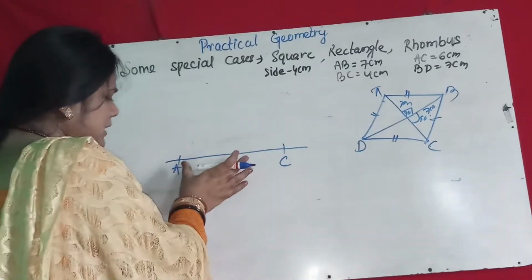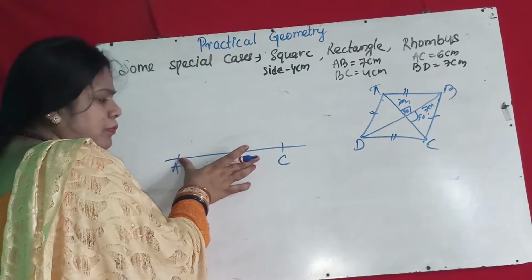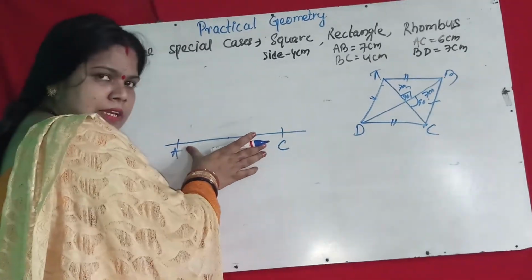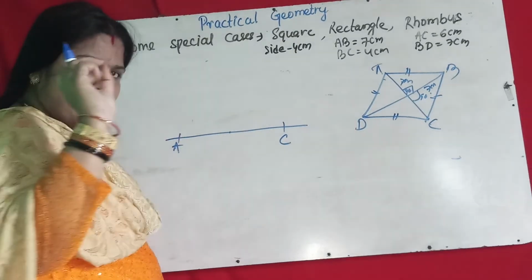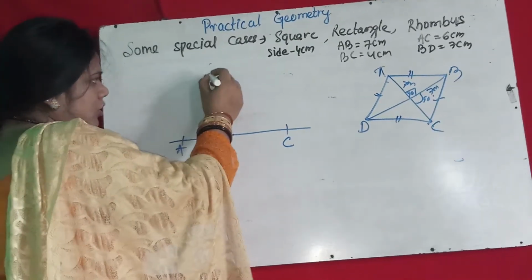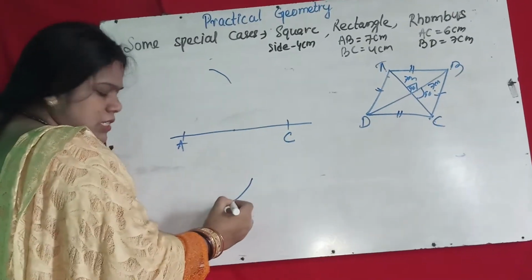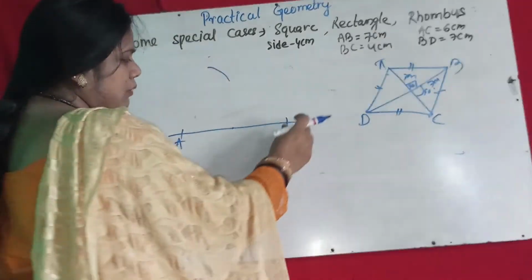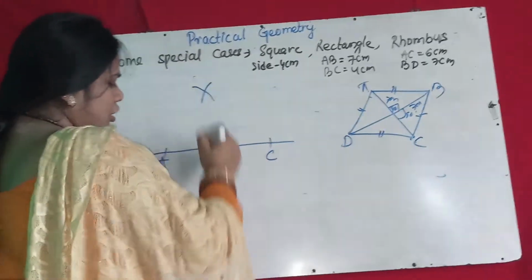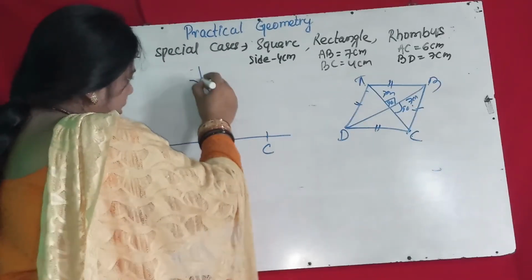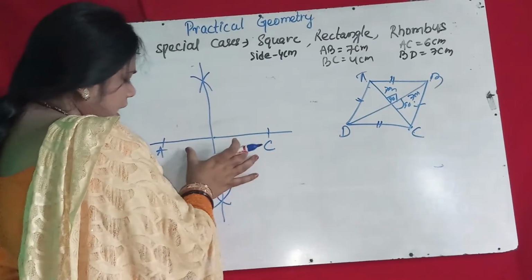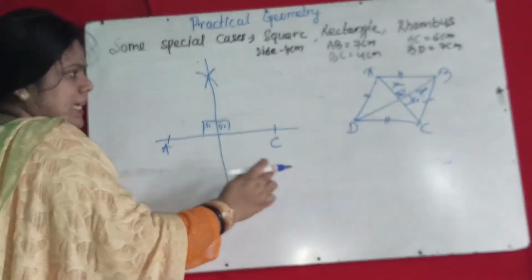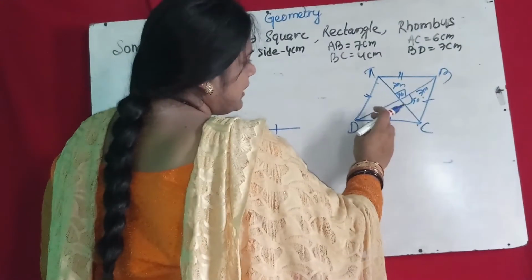Same thing. You take more than half of AC in rounder, suppose this is more than half of AC. Keep your rounder point here and draw an arc, then below the line also. Then from C, without moving the rounder, put it at C and draw another arc at top and also bottom. Then when you join these two, you get the equal parts, and this is 90 degree. Okay, you got AC.